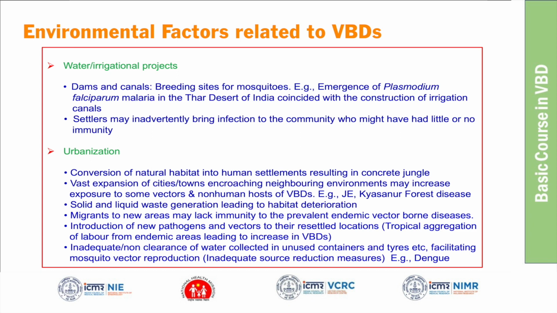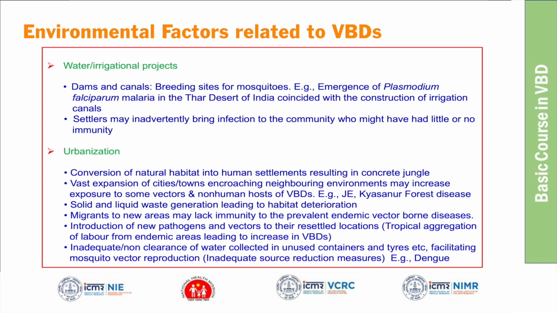And this urbanization also brings in new pathogens and vectors to the resettled location. You find many new vectors invading, or many pathogens invading this. That's because of the aggregation of labor from endemic areas. That's the one. And then as the population increases in urbanized areas, you find inadequate clearance of water collection in